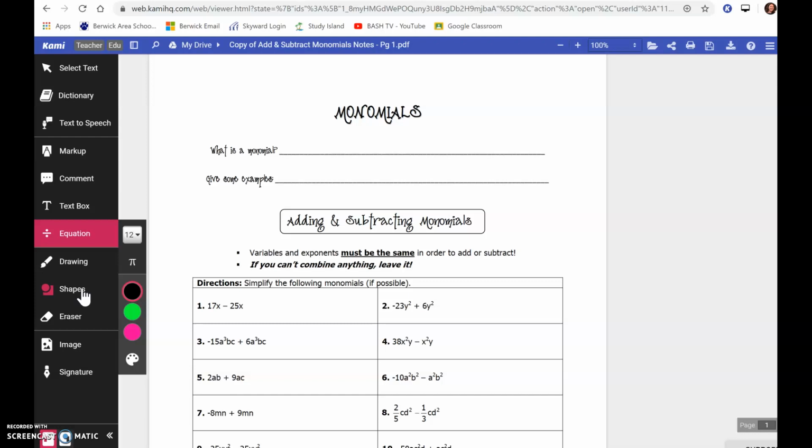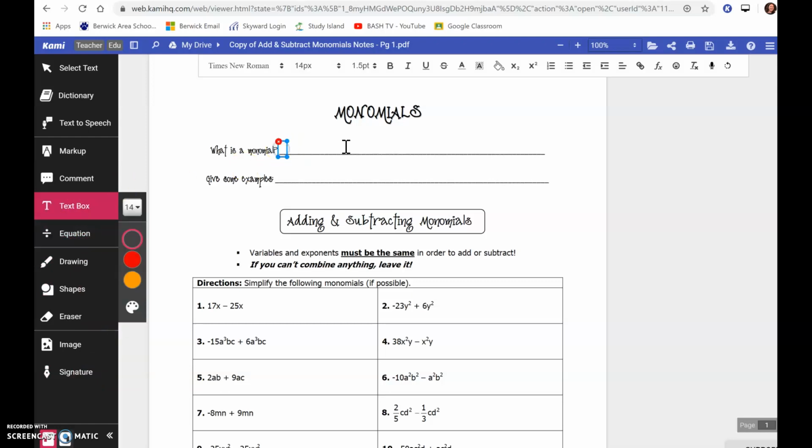But in terms of using this Cami option, if you open it with Cami, I have it assigned as a Cami assignment, and it should automatically open this toolbar here on the left-hand side. One option, especially for notes or things that you have to type, is you can insert a text box. So you would select text box here, and in the notes that we had assigned last week, you could type that a monomial is an algebraic expression